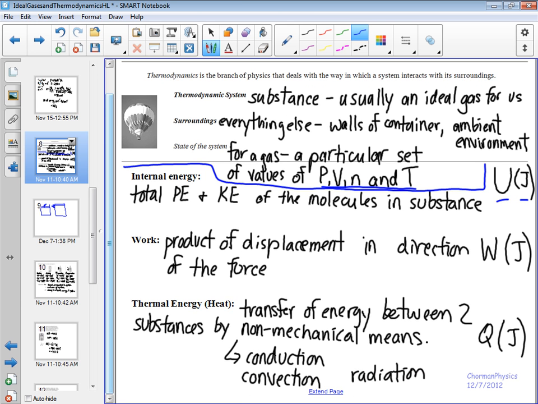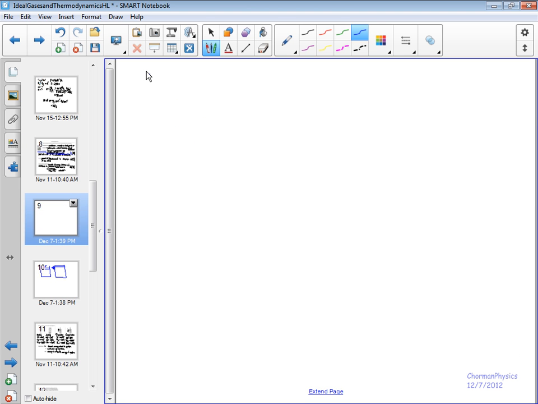So, the last piece here, thermal energy, right? It's what we see as a transfer of energy between two substances by non-mechanical means. It's a lot there. But non-mechanical means that we're not moving the piston. Work is when you're actually moving an object. That's the mechanical means. For energy to transfer by non-mechanical means, we mean by conduction, convection, or radiation. Those are the three modes of heat transfer. All right? So, the three modes of heat transfer, hopefully you studied in your other physical science classes and chemistry classes, all right? But the way you can think of this is, conduction is going to be heat